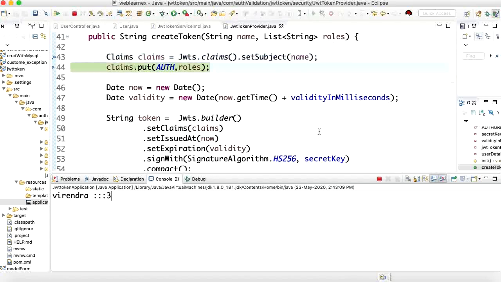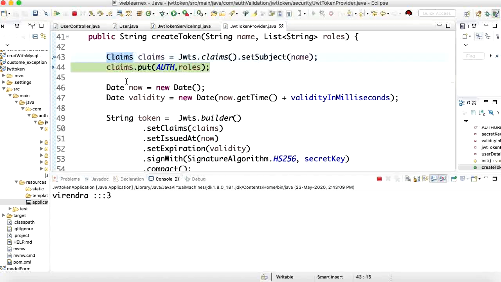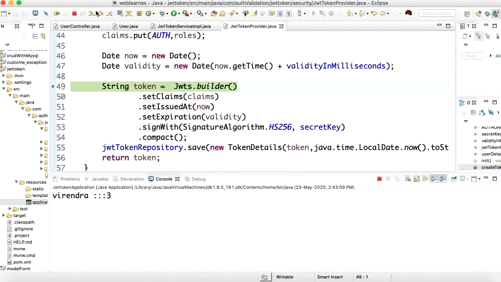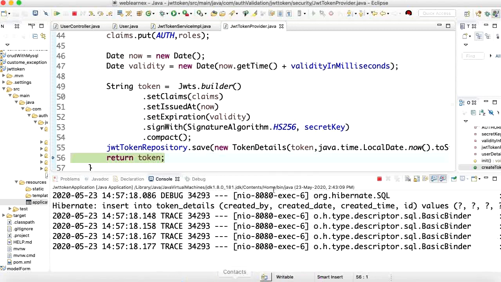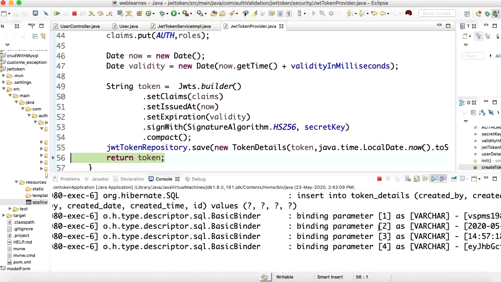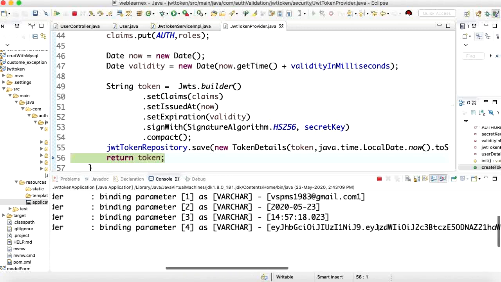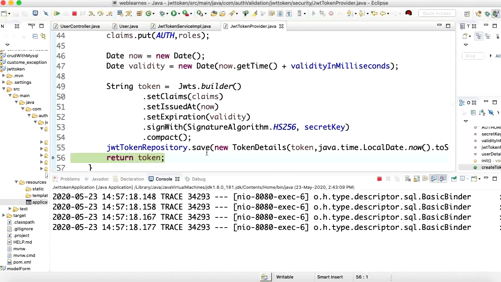These are the claims, meaning user information is denoted here as a claim, and the authority is the role here. Now it creates the date and time, checks the validity and expiry time, and now it's going to create the token. Now the token is created, and this token is already added in the token repository table.